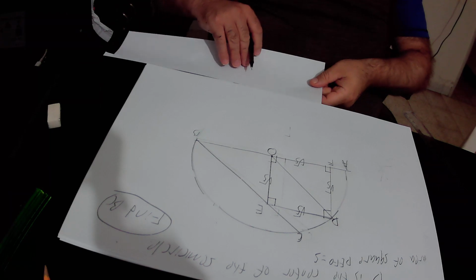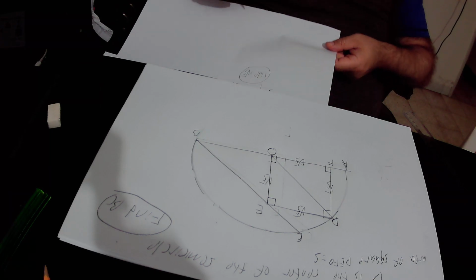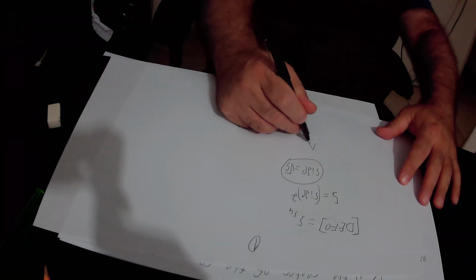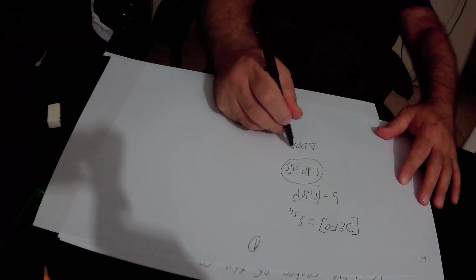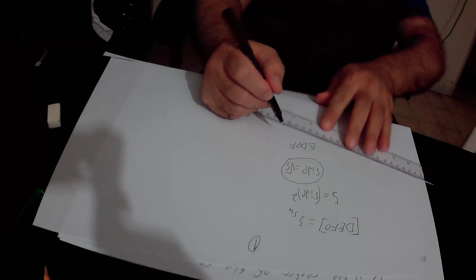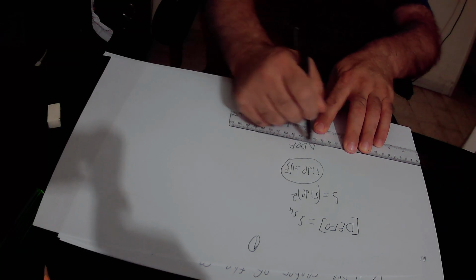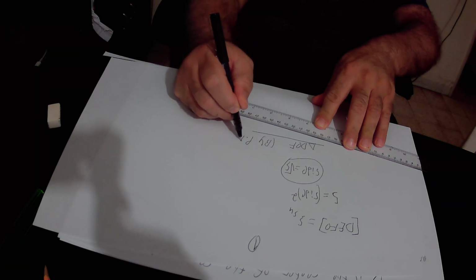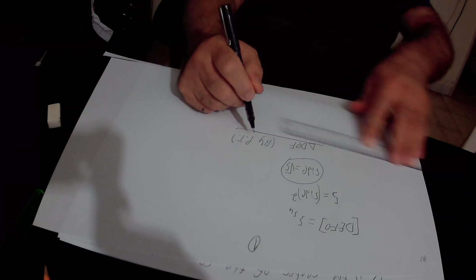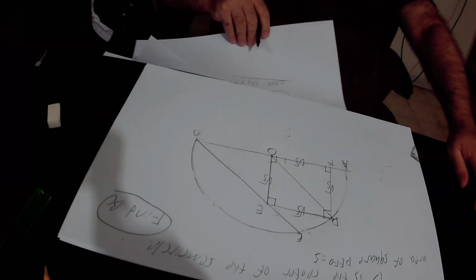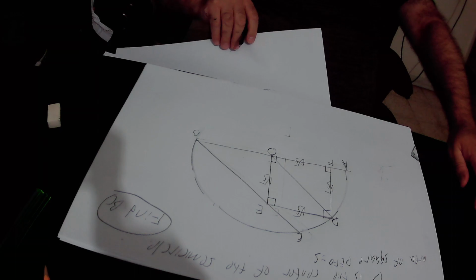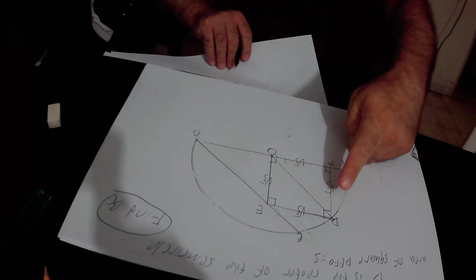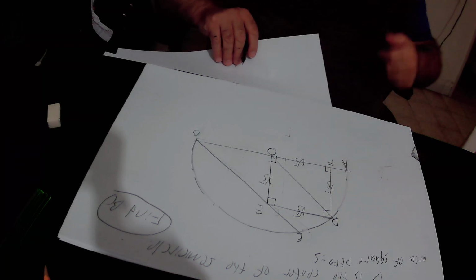So in the right triangle DOF, we can implement the Pythagoras theorem. According to the Pythagoras theorem, the square of the hypotenuse equals the sum of the squares of the perpendiculars. So if we focus on the right triangle DFO,